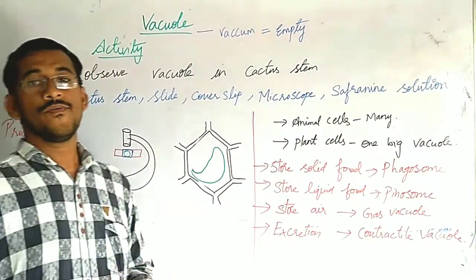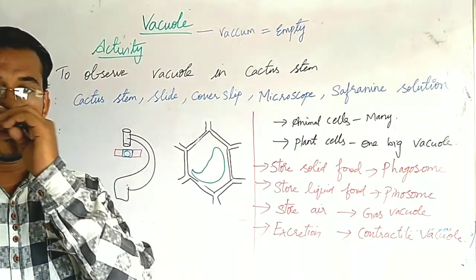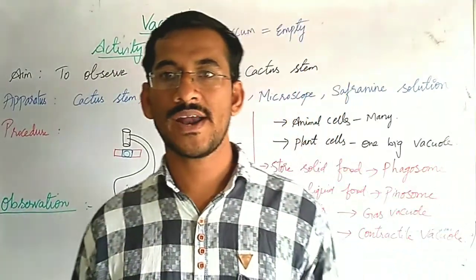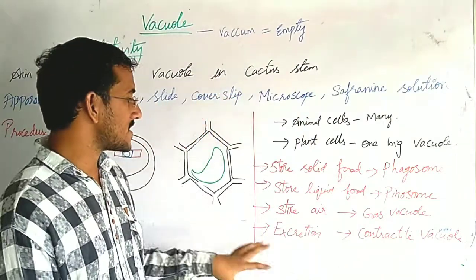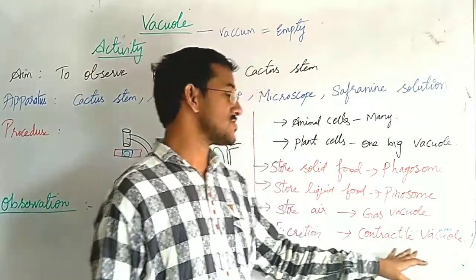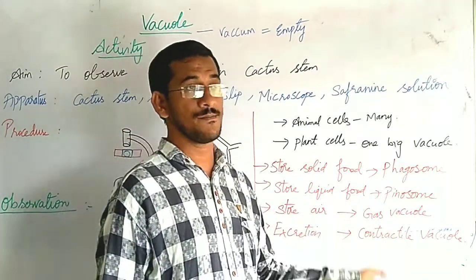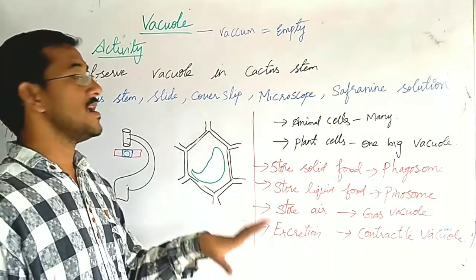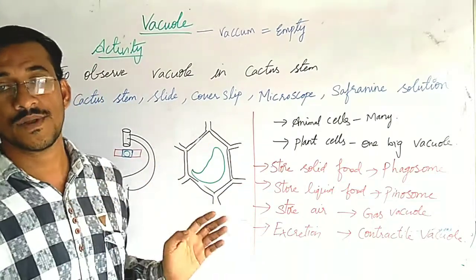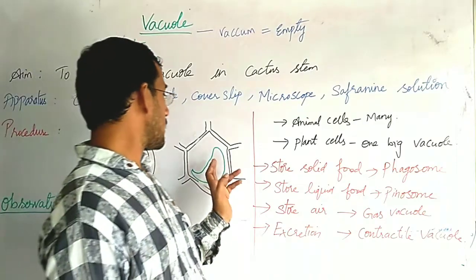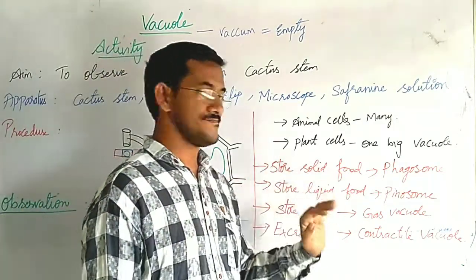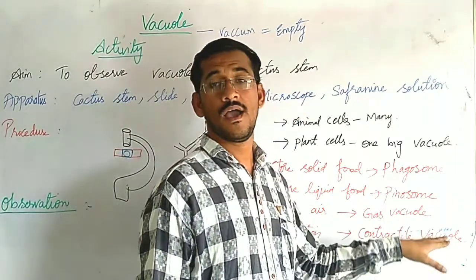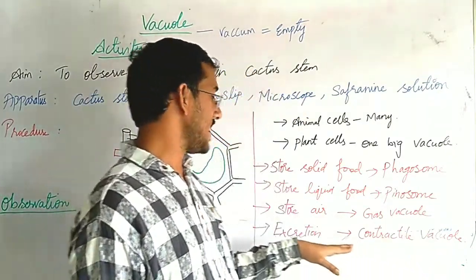So in 10th class you will study about this contractile vacuole in amoeba, in paramecium. So what happens in amoeba and paramecium? Contractile vacuoles are present. The vacuoles which are present in paramecium and amoeba, their role is different, and the vacuole which is present in plant and animal cell, their function is completely different. See, here in case of plants, they store food, solid and liquid food. But in case of amoeba and paramecium, they help in